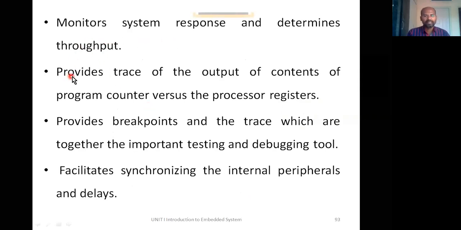Next one is provides trace of the output contents, program counters versus processor registers. Means the same thing just now what we have said. And in the simulators, you can place breakpoints and also stop points. Breakpoints means, suppose you have some doubt in 20th line, whether 20th line is running, giving us